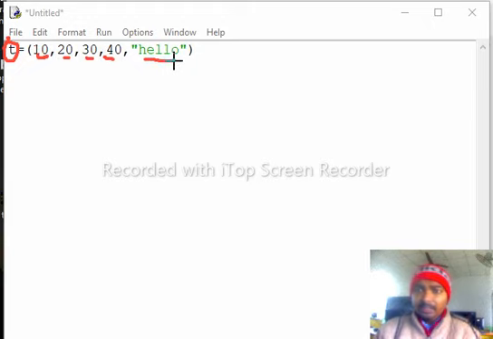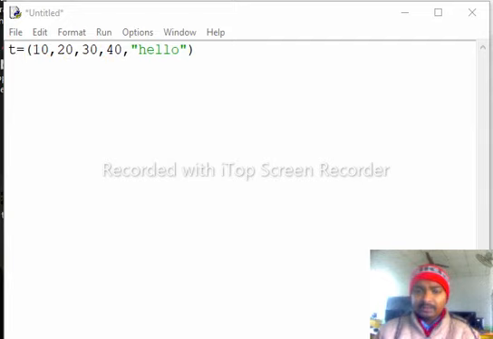But keep in mind, tuples are immutable, it means not changeable. So keep in mind, lists are mutable data types and tuples are not mutable, it means immutable, we can't change anything inside the tuple. Okay, so this is the first way of creating a tuple.